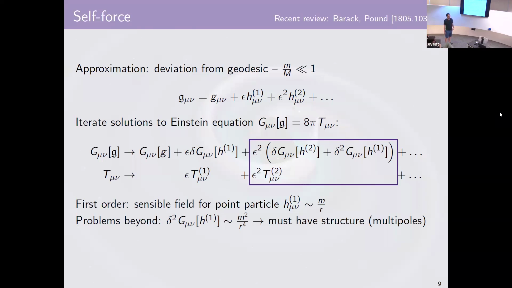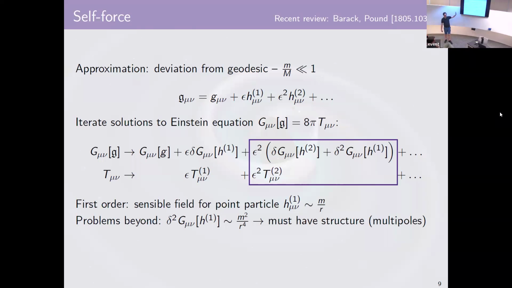Sorry, first order, what you meant there is that analytically you can address. Yeah. So first order, if I just plug in a delta function for my stress energy tensor, and I work it all through, my fields will go like m over r, totally fine, totally reasonable, as you might expect with Newtonian intuition. But then when you go to second order, effects compound on themselves, and now you get some field that is not happy, not integrable, and so it is not something that well represents even a point charge.